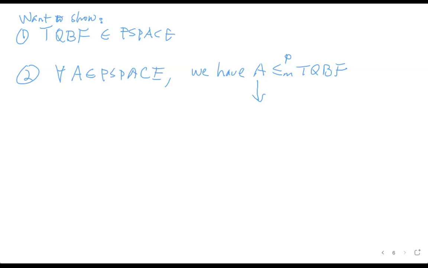Okay, so now at least we know the logic here. Then when we look at the proof, we always try to think about what we need to do. Then we will have a better time understanding it. Okay, so that's the first thing. We want to show that TQBF